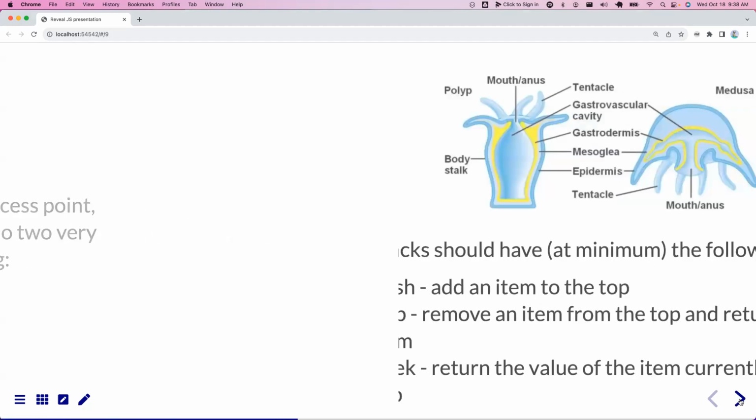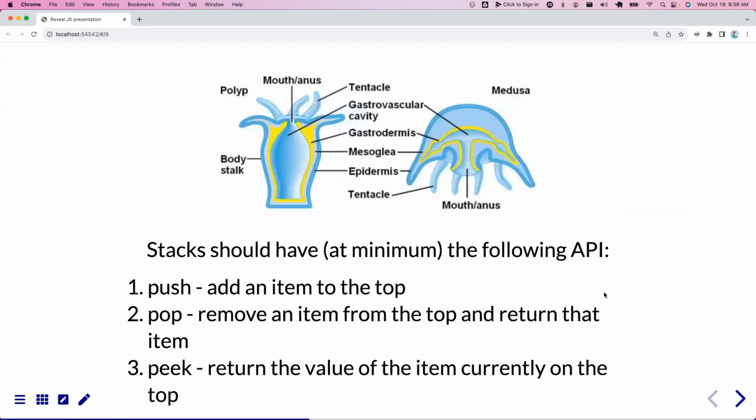And here we just have a great diagram that I like of a polyp, where this jellyfish-like creature only has one in and out tube for everything, just like a stack. And I thought Chad's choice of this was really inspired. So while we get to look at this fun diagram, let me talk about